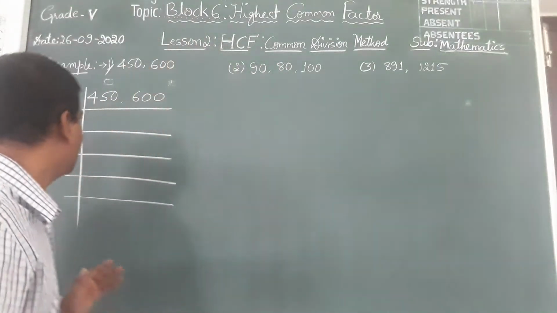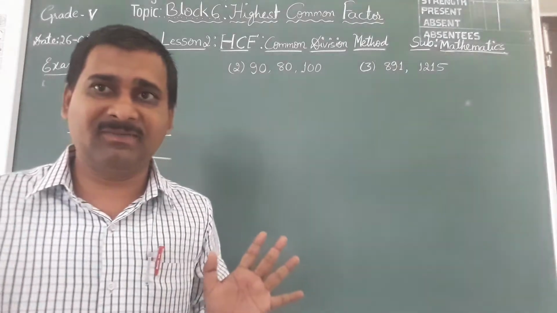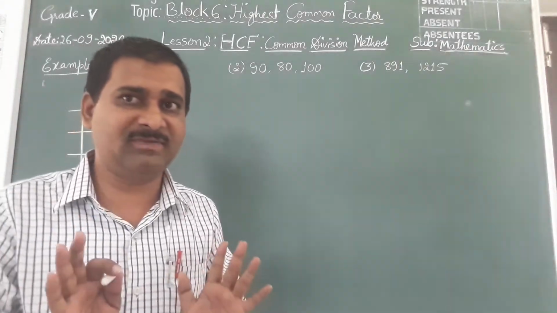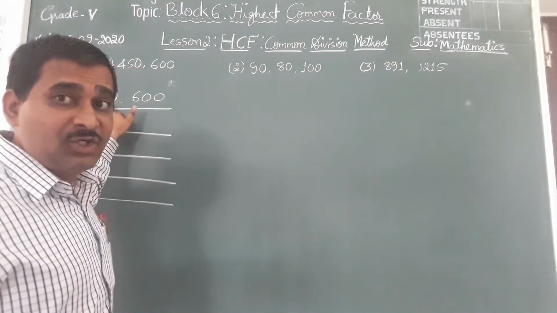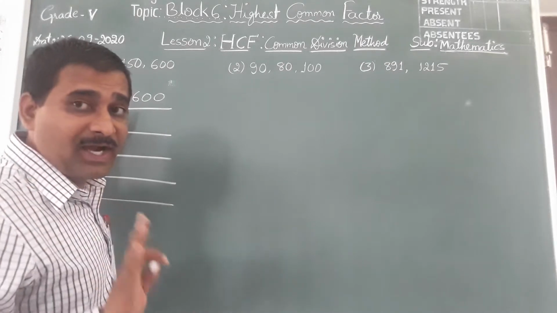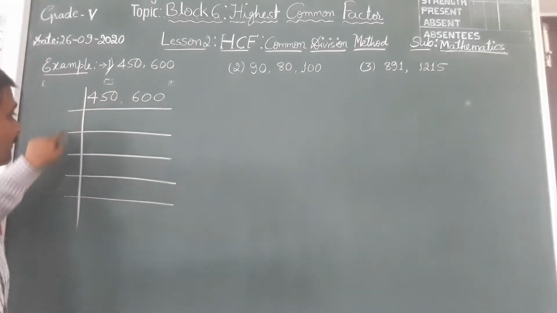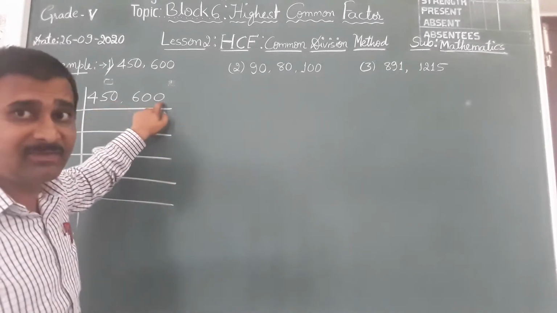Right? Okay. 5 is a prime number, that is not divisible by any other number. Only itself will divide a prime number. So 5, as there is a 0 in the ones place. Don't take 10. 10 is an even number, it is composite. I said you should use only prime numbers here. So 5 is a prime number and both 0s can be divided.